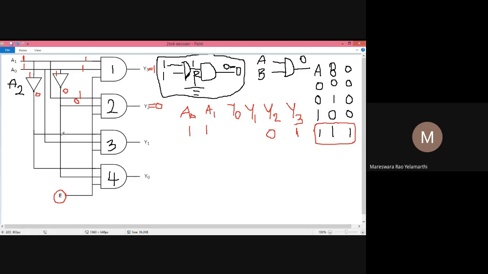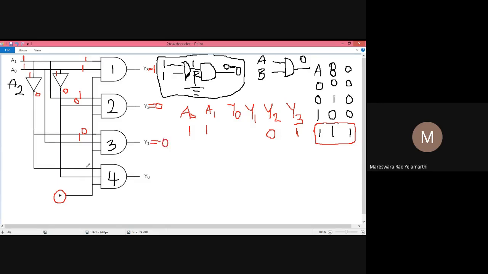Come to the next gate. One of its inputs is connected to 0 and the next input is connected to 1. So for the 0 1 condition, we get Y1 value as 0, according to the truth table of the AND gate.